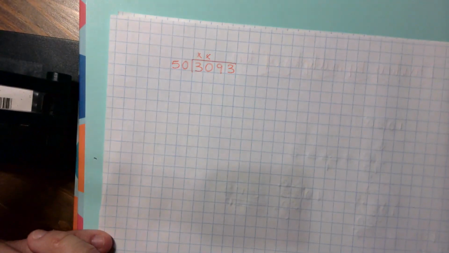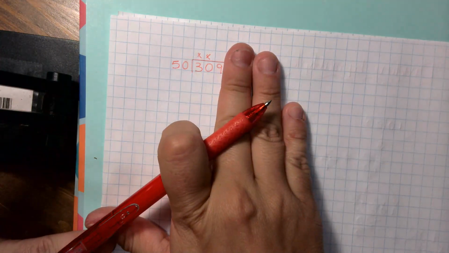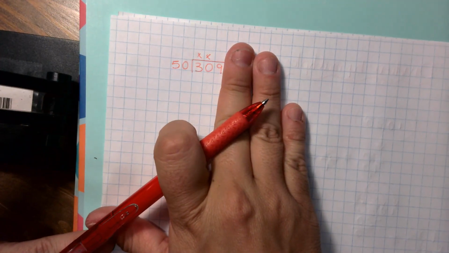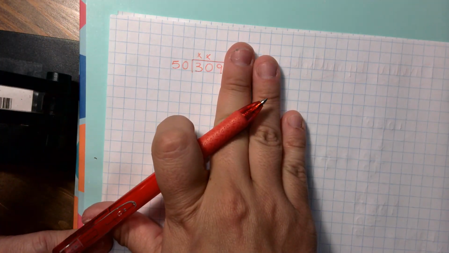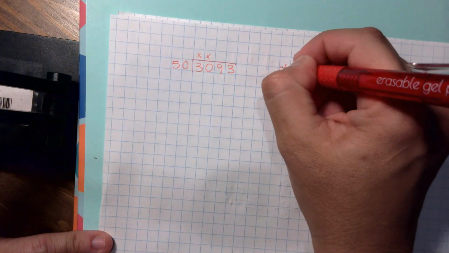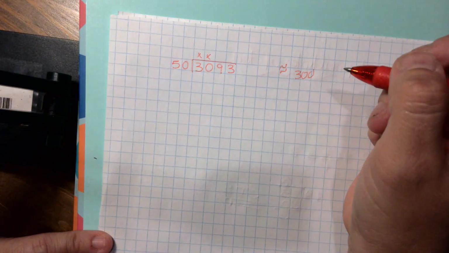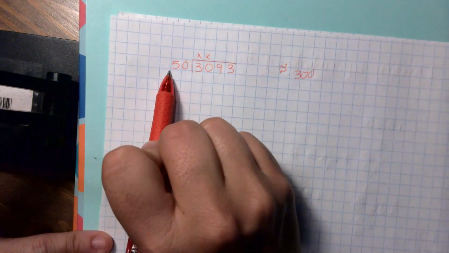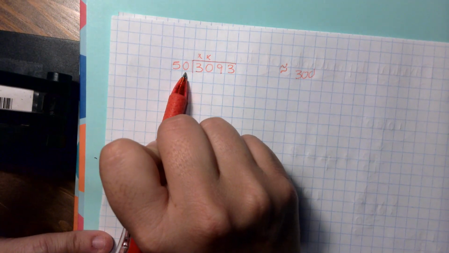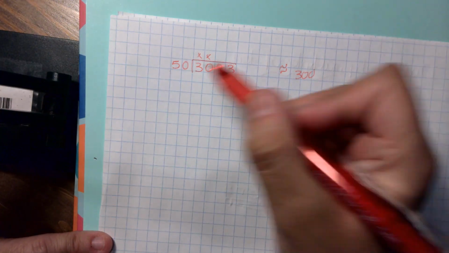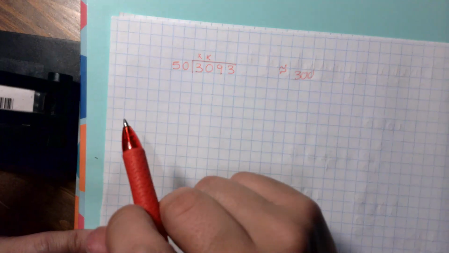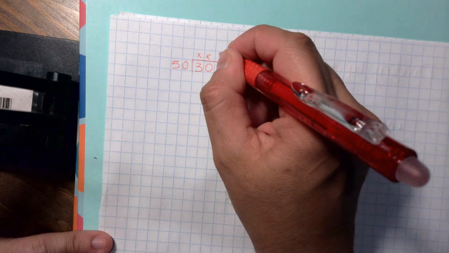Yes. How many times? Well, that 309 is like, remember, it is like a 300, right? It doesn't mean that it is a 300, but it is like a 300. How many times would I have to multiply that 50 to make it into 300? 6. 6 times. Why? Because 5 times 6 is 30. So